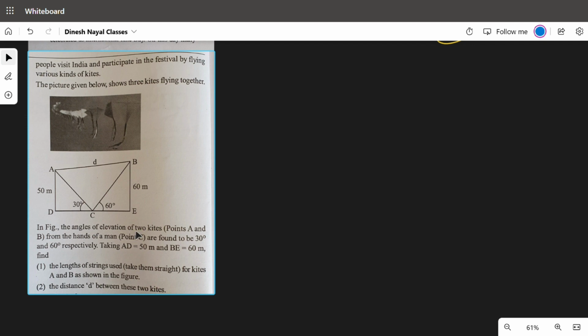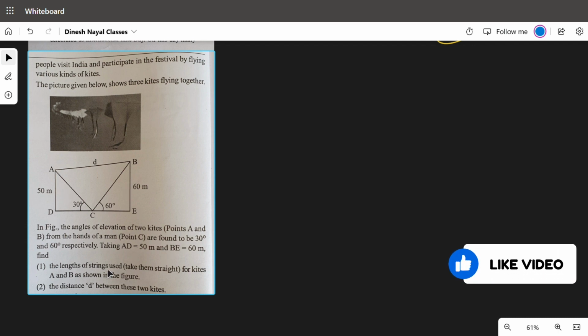The angle of elevation of 2 kites, point A and B, these are actually 2 kites, from the eye of a man, point C. Okay, this is the man. They are found to be, this is 30 degree and this one is 60 degree respectively. Taking AD as 50 meter and BE as 60 meter, find: